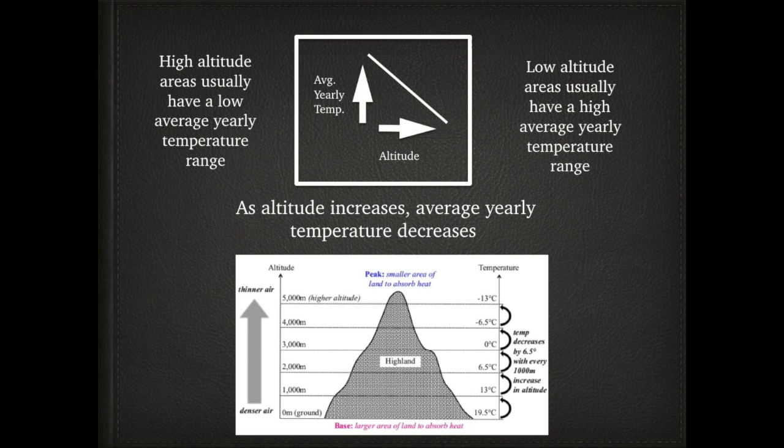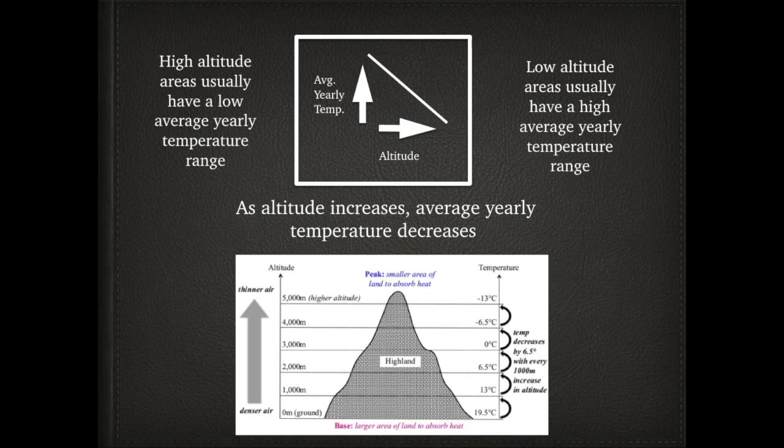So you can follow the altitude line. It's increasing as it's moving to the right, or the altitude arrow is pointing to the right, so it's saying altitude will be increasing. So if we look at the arrow pointing up, average temperature is increasing. So the line that's created shows a high average temperature at the low altitude, at the base of the mountain, which is going to be warmer. The base of the mountain is going to be warmer.